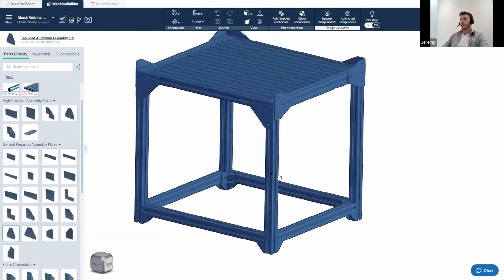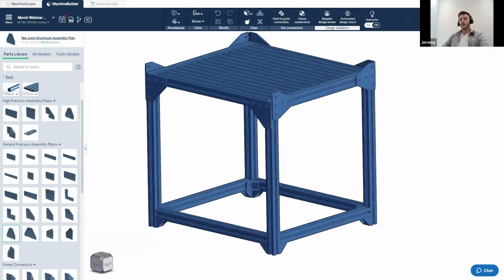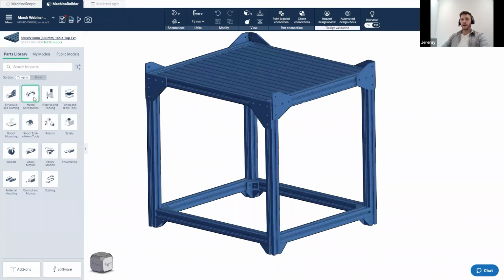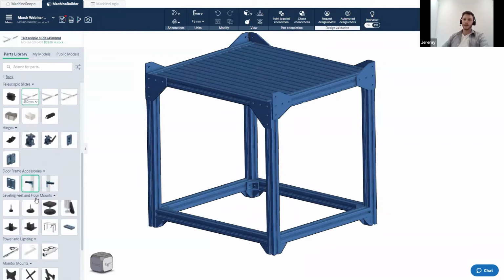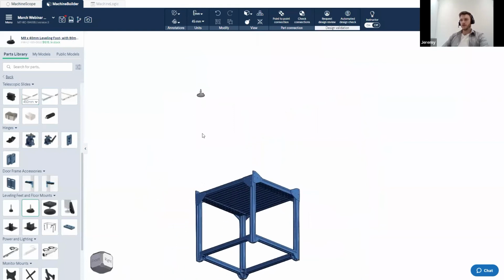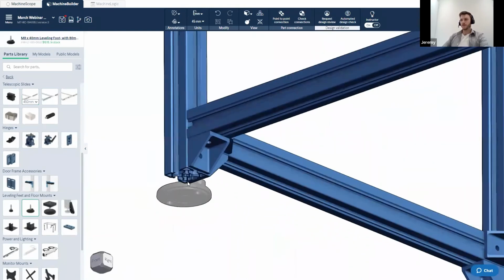From here, the next thing that I like to showcase is the fact that MachineBuilder does have a price of your design that updates in real time. So as I'm designing, every part that I add does actually change the price. For example, the next thing I like to add are the leveling feet on the bottom. So I'll go to the parts library, frame accessories as well. You'll find a lot of extra useful hardware such as drawer slides, handles, knobs, as well as the leveling feet. In this case, I'll click the leveling feet, rotate my design to get to the bottom, and snap